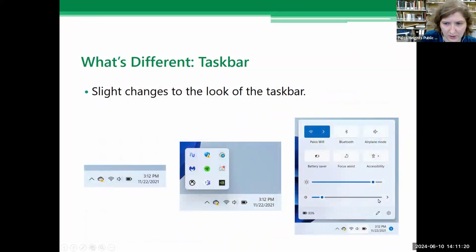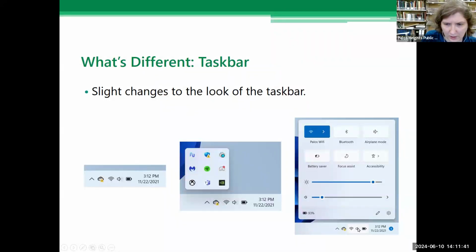Some other slight changes in the taskbar. It has more of a white look to it instead of the usual, I believe it's black in Windows 10.